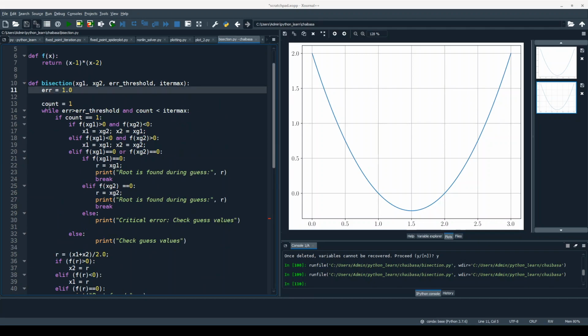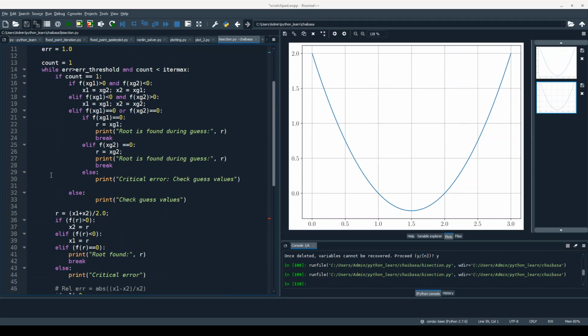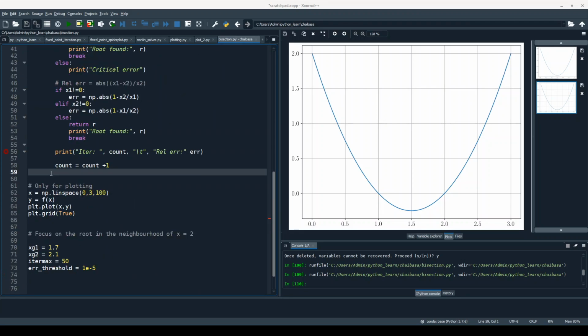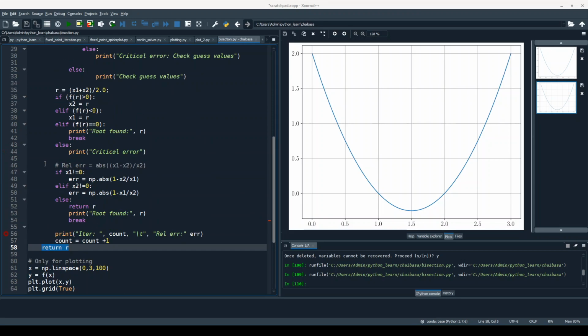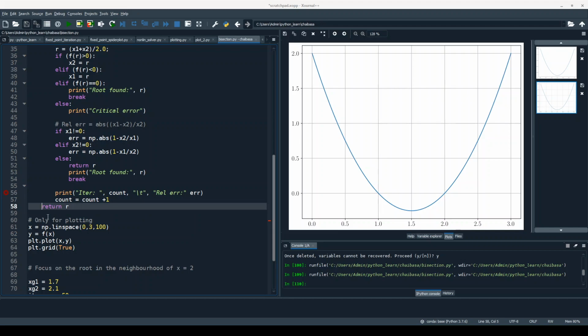So the whole point of this loop is, while this is true, once this loop gets executed and it exits the loop, we have to return the value of r. So this while is indented with this, so we have to return r. Okay, so this return r is not inside the while loop, because the while loop indentation is this. Anything indented by these many spaces is inside the while loop, while this goes outside the while loop.